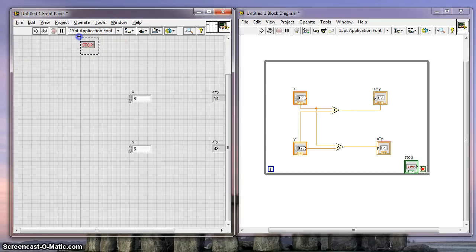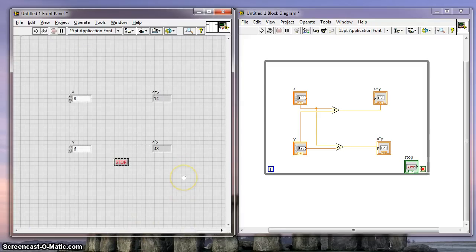So I want to move the stop button down there. Okay, and now in principle that is all implemented, so that this loop will run infinitely over and over again until I terminate the execution with the stop button. Right,